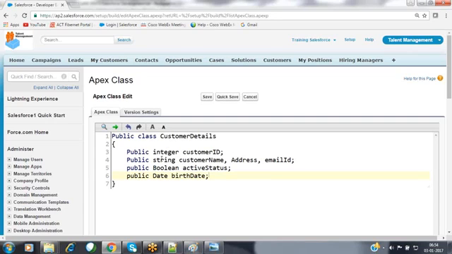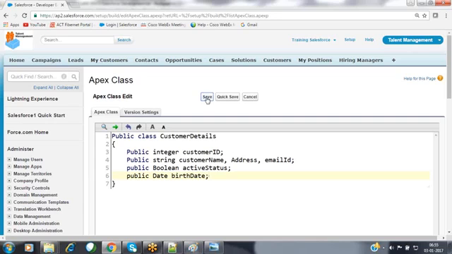Once you have defined this class, then click on save button or quick save button here. As soon as you click on save button, it will be sending this Apex class code to the Force.com platform for the compilation. Inside the Force.com platform, you are aware of how the code will be getting executed, what are the components available inside it. Now it is going to be compiling your Apex code by using that Apex compiler. And then once the code has been successfully compiled, it is going to be saving this code into the metadata repository for you here.